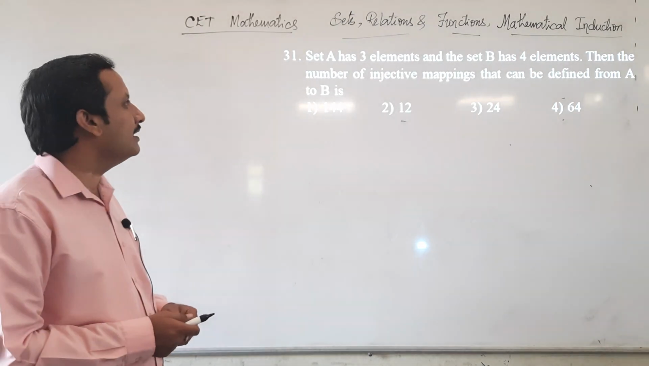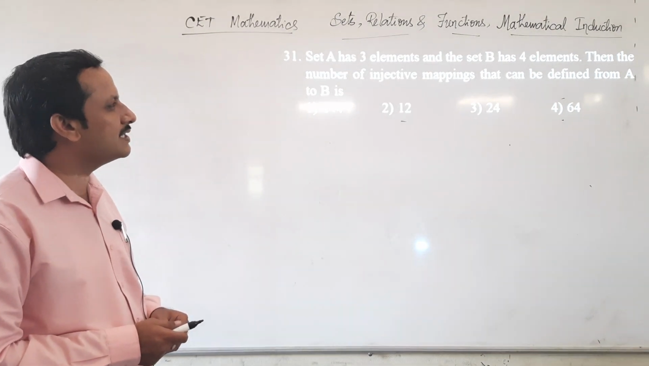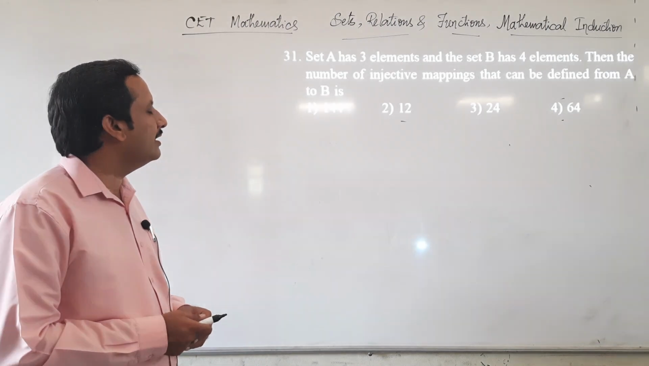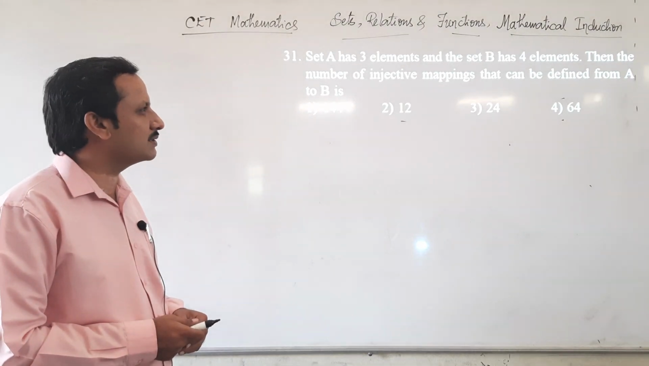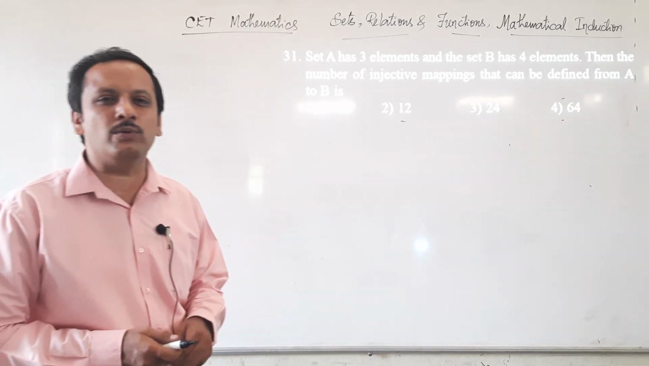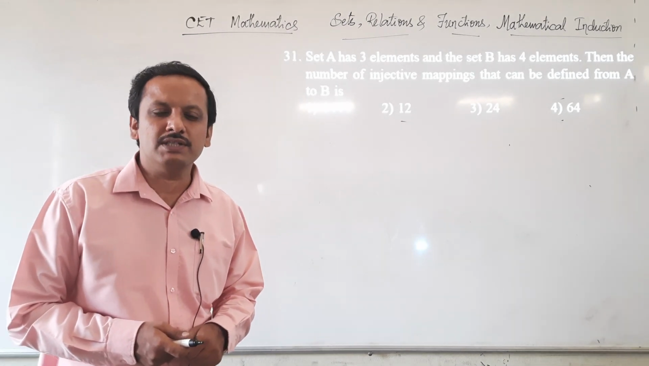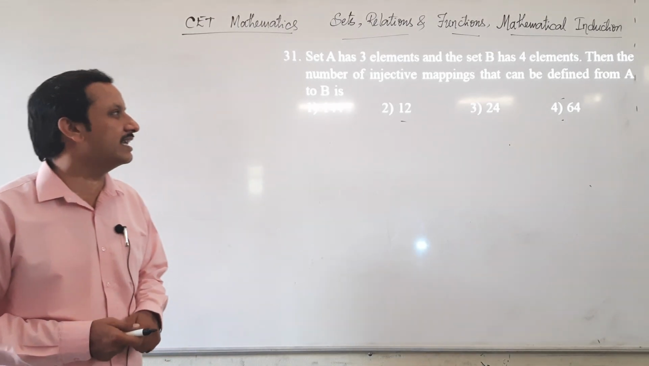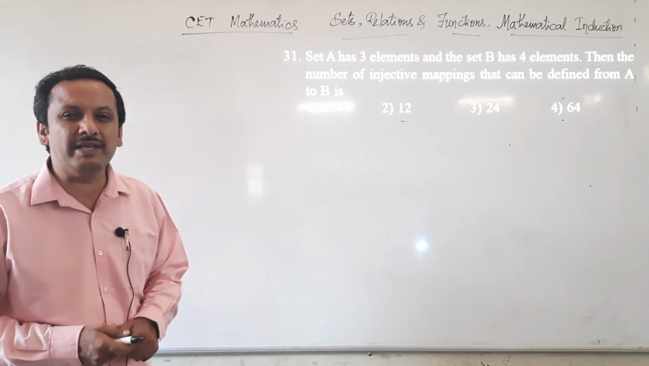Question 31. Set A has 3 elements and set B has 4 elements. Then the number of injective functions that can be defined from A to B. Injective is nothing but 1-1 functions. So, the number of 1-1 functions that can be defined from A to B is...